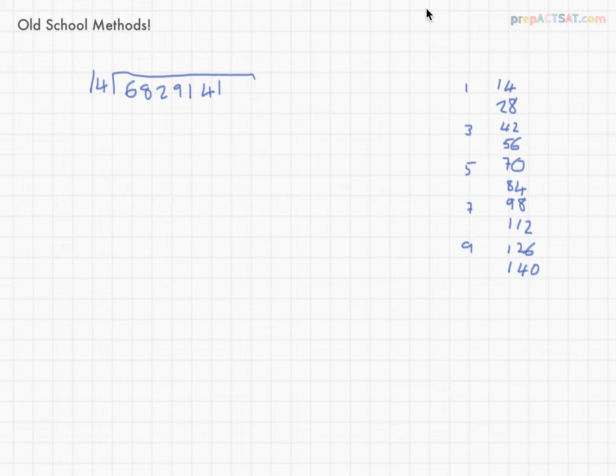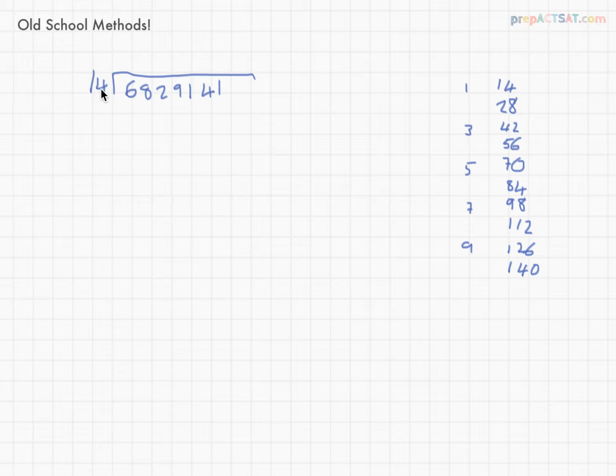Okay, who likes long division? Probably nobody. I don't think that you're going to have to do this on the SAT, but it is something that they would expect you to have known how to do at some point because it's very useful. So I'm going to recap it anyway, and you should learn it, but don't worry if it takes you a long time. I think that's the reason that they probably won't ask you for it, because it will take you probably more than a minute to solve that question, which is about the time frame that you have on the